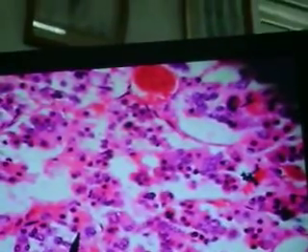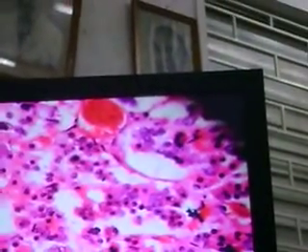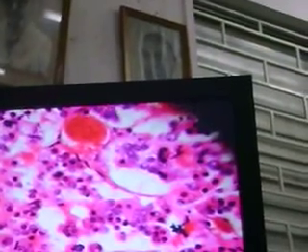Now let's see one acidophil and a basophil placed side by side here. Right there. Can you see that? These are the two cells placed side by side. On the left side you can see the intensely acidophilic cell, the top cell. This cell is an acidophil. And the lower one here, that's a basophil.